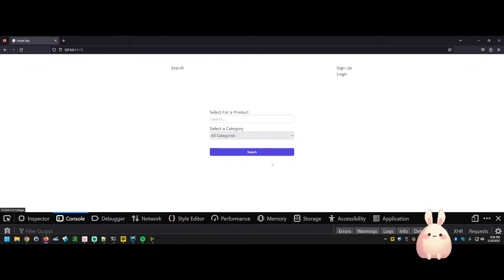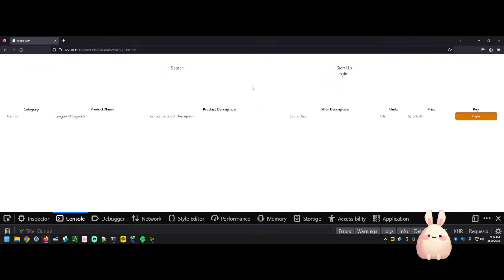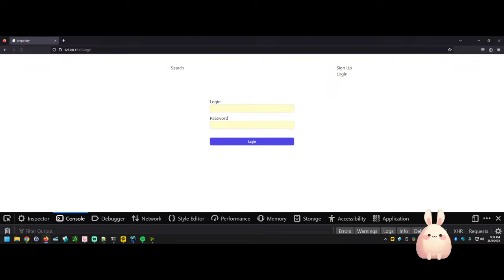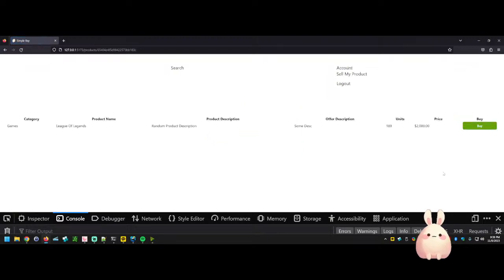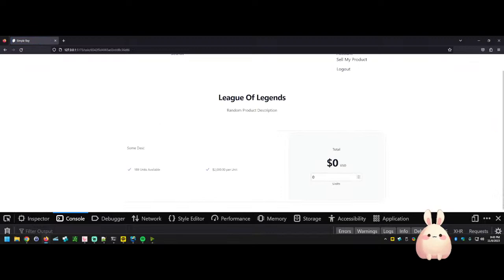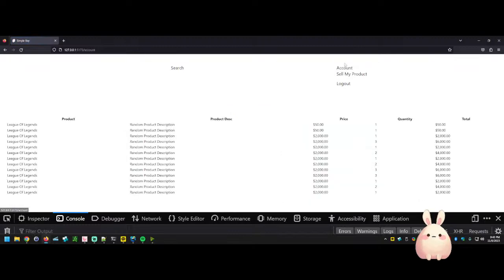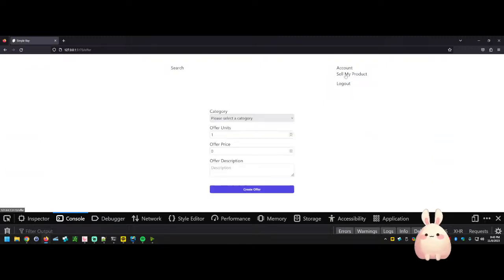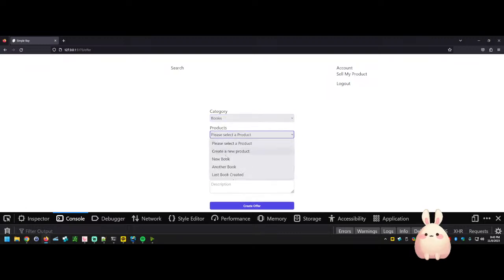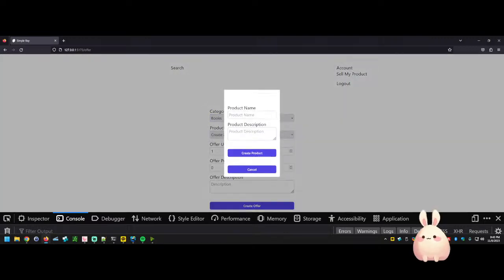Here it is. You can sign up, you can log in, and you can do a search here for a product. Once you search for a product, you do have to log in to purchase it, but once you log in, you can choose to go ahead and buy the product. Buying the product lets you know that you were successful. You can go to your account and see what items you've purchased. We didn't add a date of when those items were purchased, but it's a fairly easy add. And lastly, you can choose to sell a product, where you can create a new product,